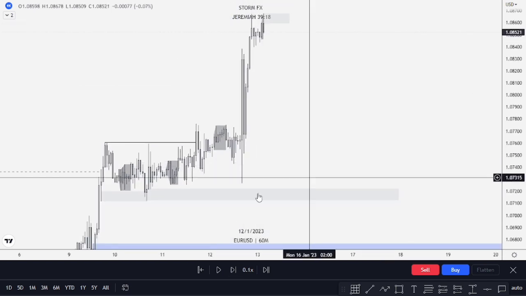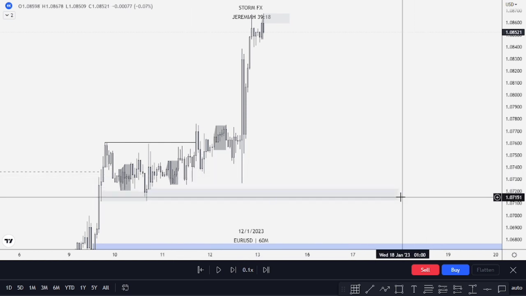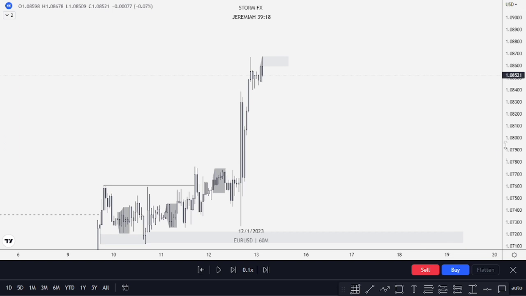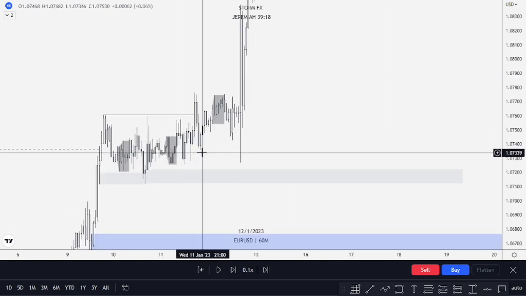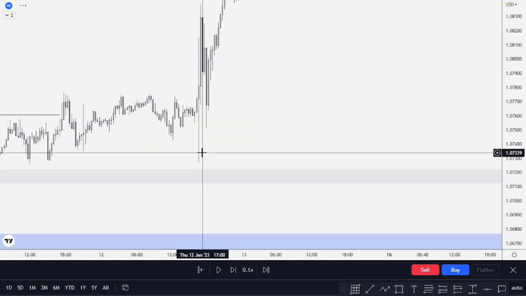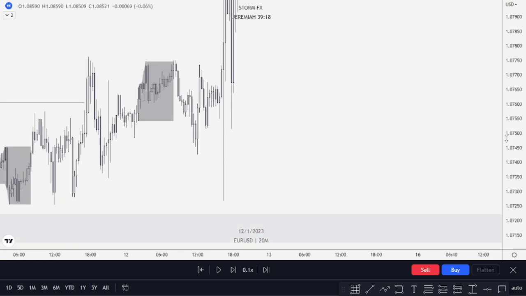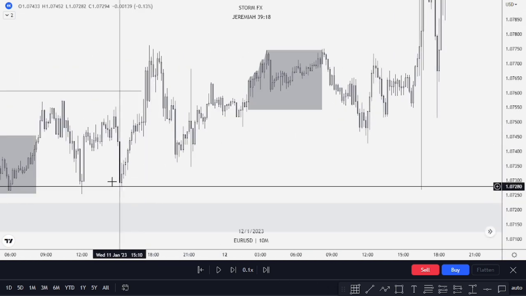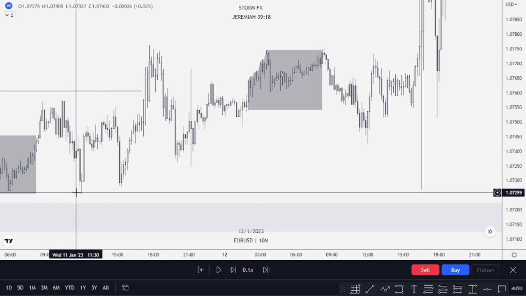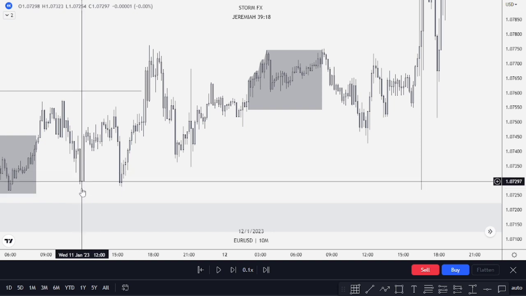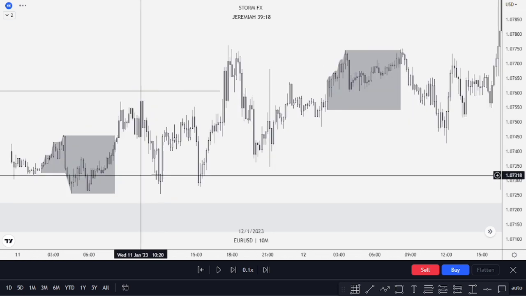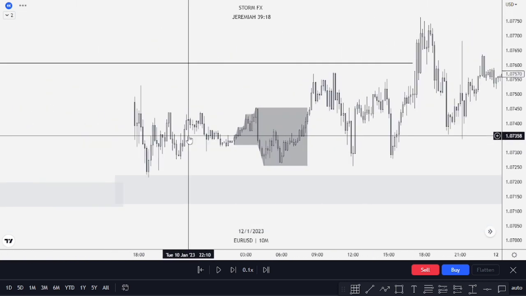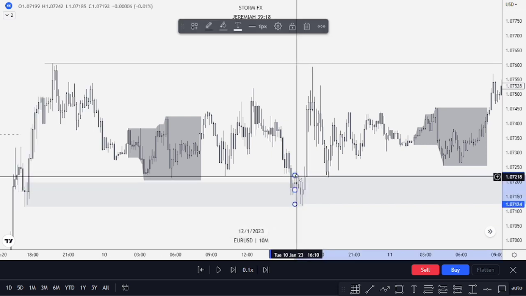When was this? Thursday. Yeah, it didn't mitigate this, but there was an OB inside here, and so this is an OB that I'll be looking at also, unmitigated. So I think he'll mitigate something hapa. Yeah, this zone ili mitigate ya GU ndio ilikuwa more clearer. So this was the zone that it mitigated. It came back and reclaimed the same order block, but this extreme one was better, this one, and imechukua kwa